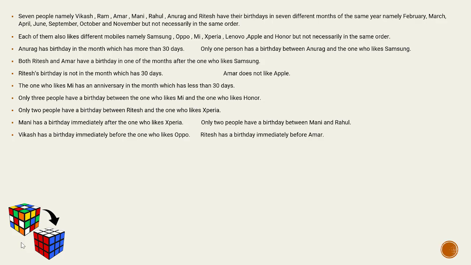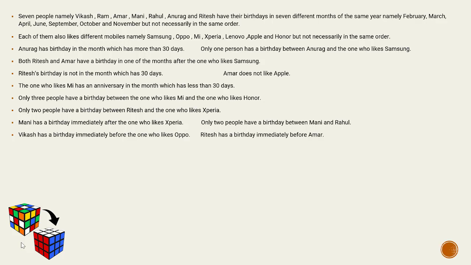So in this question, our primary parameter should be months, because as we can see, a lot of data has been given in terms of months, like a month has 30 days, or a month which has more than 30 days or less than 30 days. So our primary parameter according to which we have to arrange the data should be the name of the months. So we'll fix our primary parameter as months.